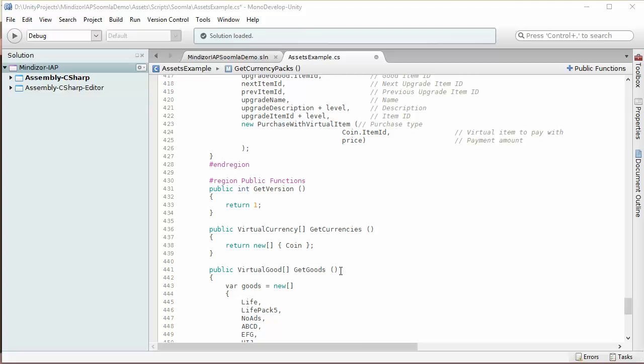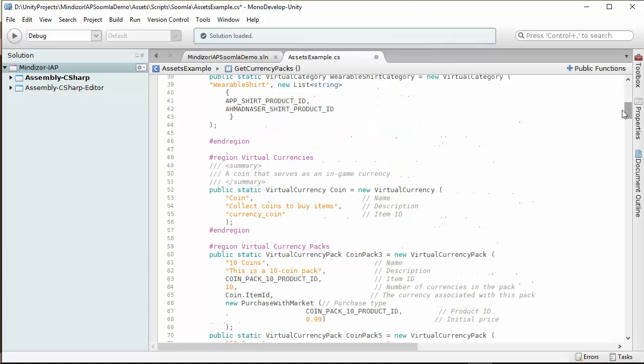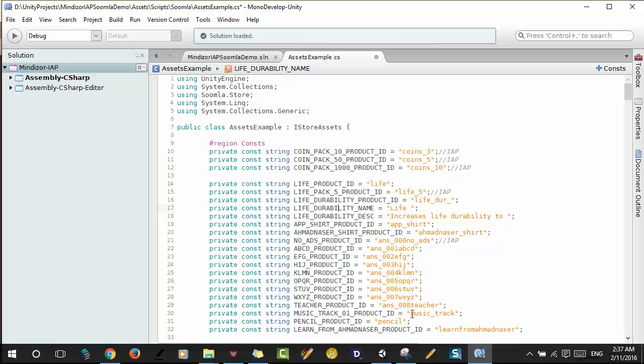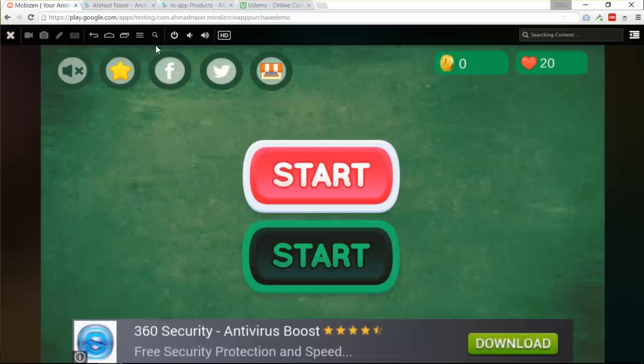Right now I just want to introduce to you some of the public functions inside the assets example. So basically I just want to mention this. In order to make versions of your assets inside the mobile device, these assets will be stored inside the local device. Alright, so that's why when you run the game on mobile, as we're gonna do right there,